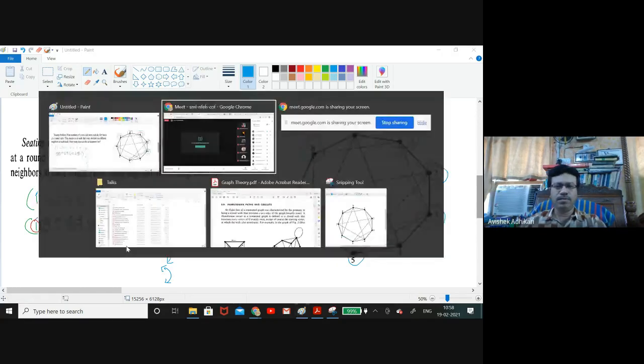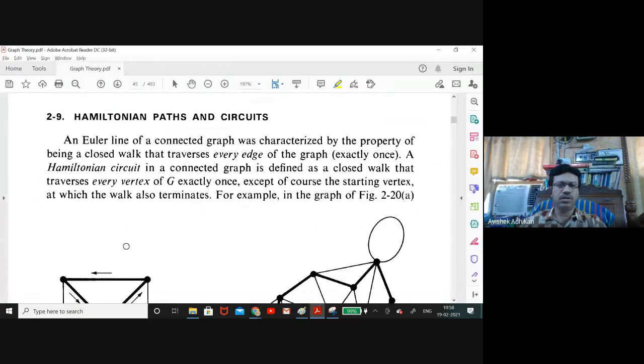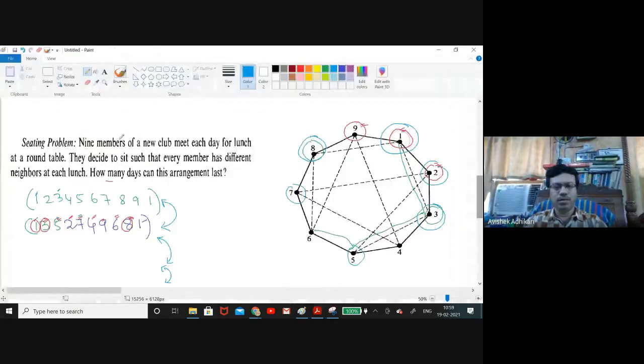Okay, so let us go to Hamiltonian path and Hamiltonian circuit. This topic is very important. So first, what is the definition of a Hamiltonian path or Hamiltonian circuit? We have already seen the Eulerian line. So what is that Eulerian line? If you go like this,